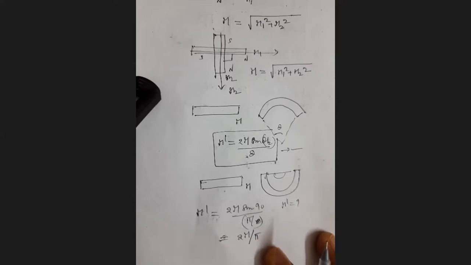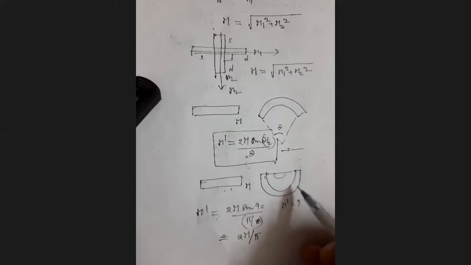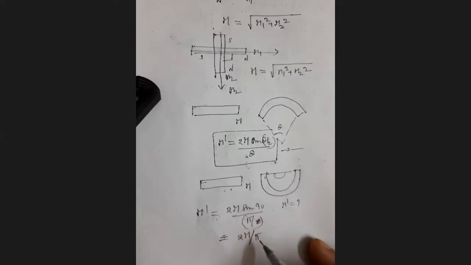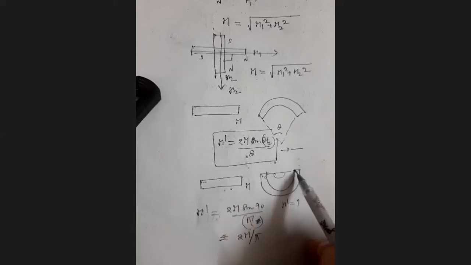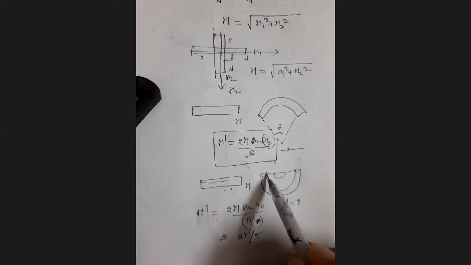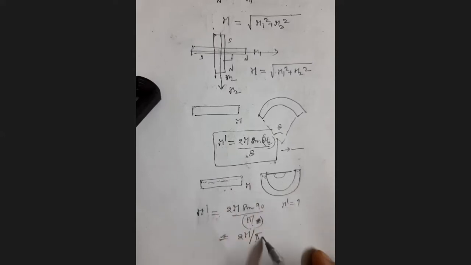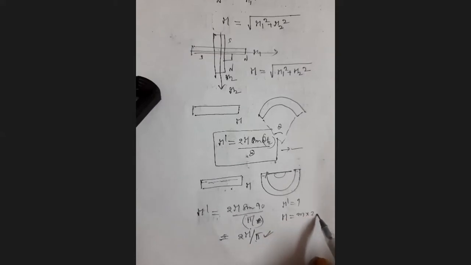Okay. So what I'm saying is, a bar magnet of moment M, when it is bent into a semicircular shape like this, the magnetic moment decreases. That new magnetic moment value is 2M by pi. Here the pole strength is not changing, only the length is changing. Originally the length is 2l, but now the length is the diameter 2r. So using that concept, you can obtain this formula 2M by pi. In the first case, M is equal to m into 2l, right?